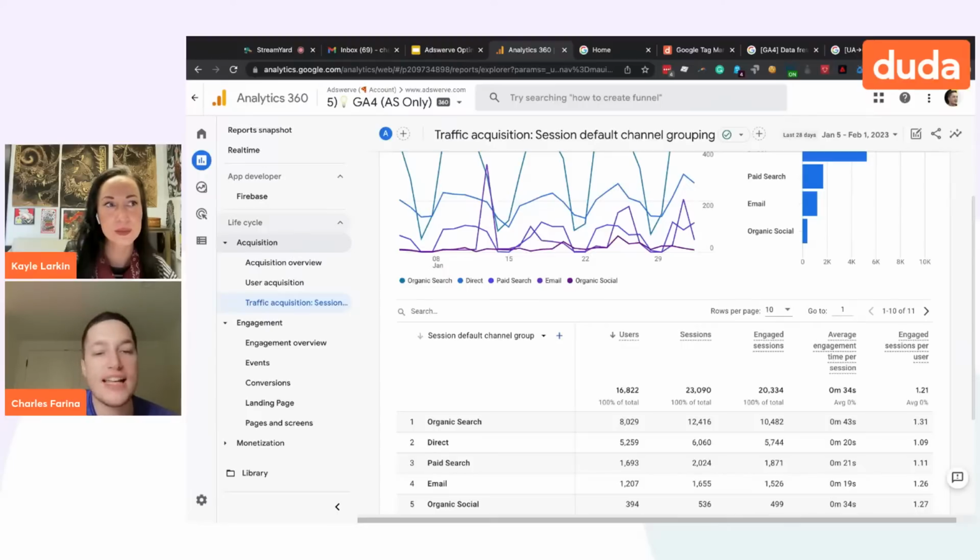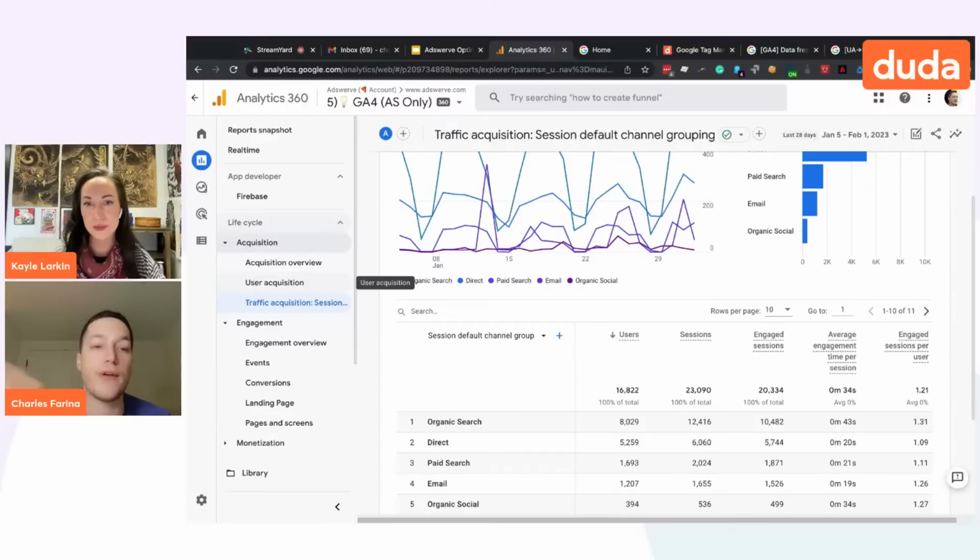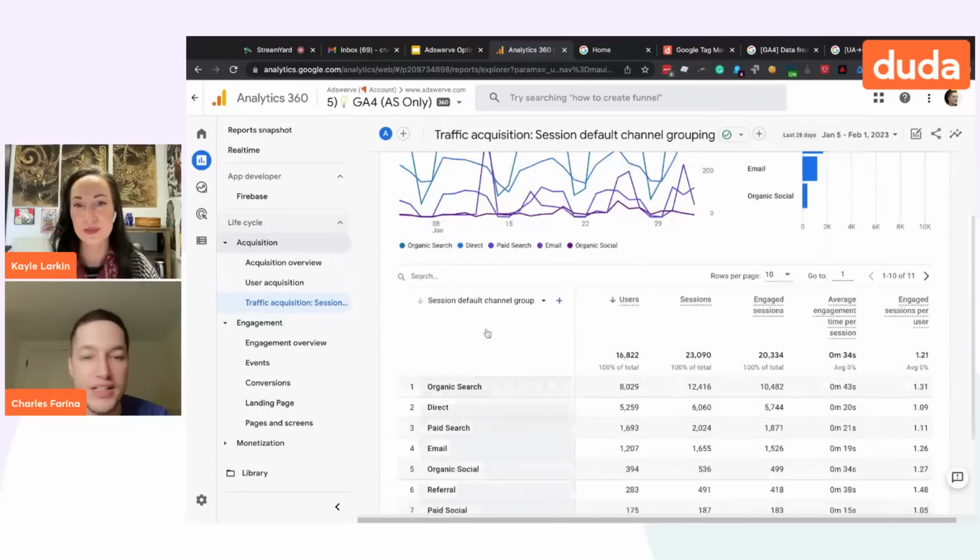And then 1 second later, I went and clicked on a paid ad. So now I have 2 traffic sources in the same session. In this method, organic gets all the credit because that was the first traffic source in that session. And remember, in the user acquisition, organic gets all the credit forever because it was the first source, period. So this is the second one, which is last non-direct, which is similar to the old version.